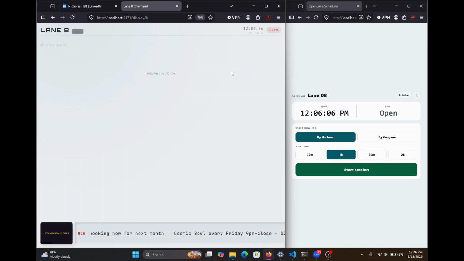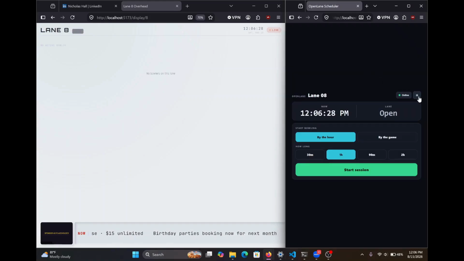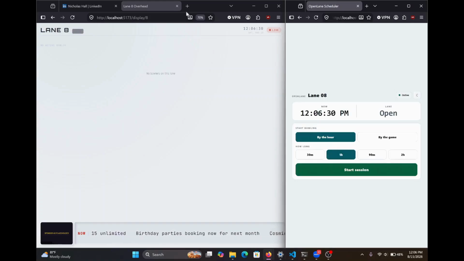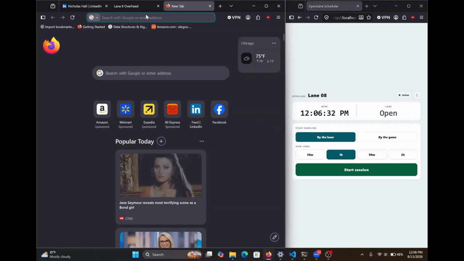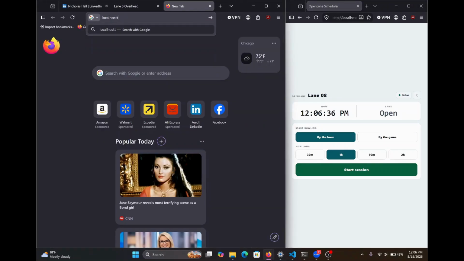So the first thing you notice here is on your left, you have the bowler overhead. This would go on a TV over the lane. And then on your right, you have a control panel. This control panel kind of replaces the different keypads that you currently see on pedestals. I'm thinking maybe like a tablet hangs out over there or sits on the coffee table or whatever. Got a light mode and a dark mode, as you can see. The whole thing is themable, so let me open up my neat little